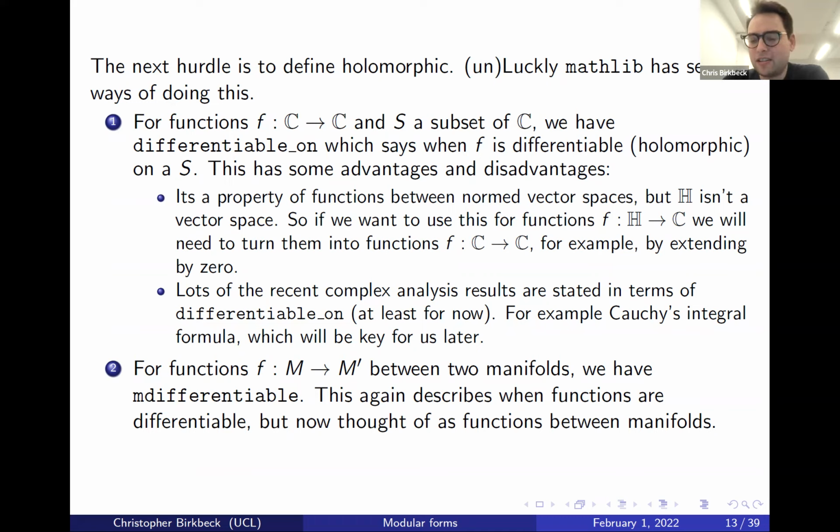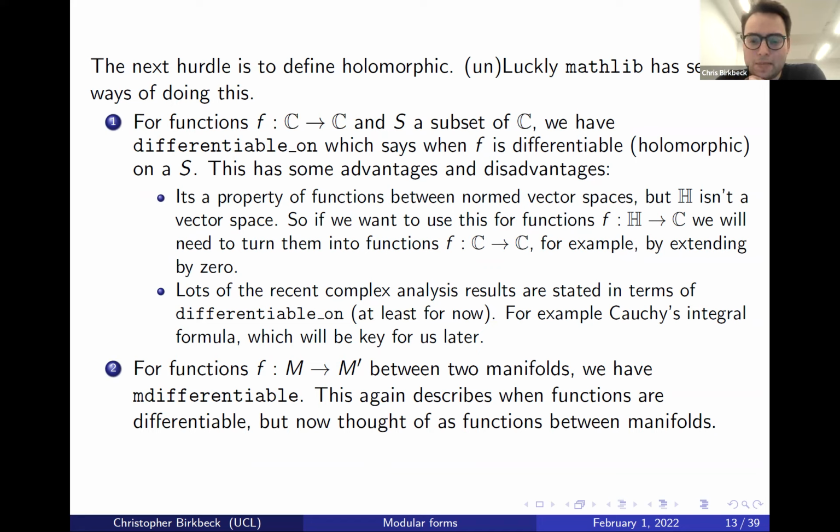But unfortunately, I can't use this directly for my modular forms because the upper half space is not a normed vector space. It's not a vector space because if you multiply by -1, you move out of it. And you could cheat, for example, you could extend your function from the upper half plane to functions from the complex numbers to itself by just extending your function by 0. And this works. Most of the actual proofs for holomorphicity later on are secretly doing this at the moment, because I just wanted to do it and not do it very prettily for starters. But once all of this gets PR'd, it has to be a bit more